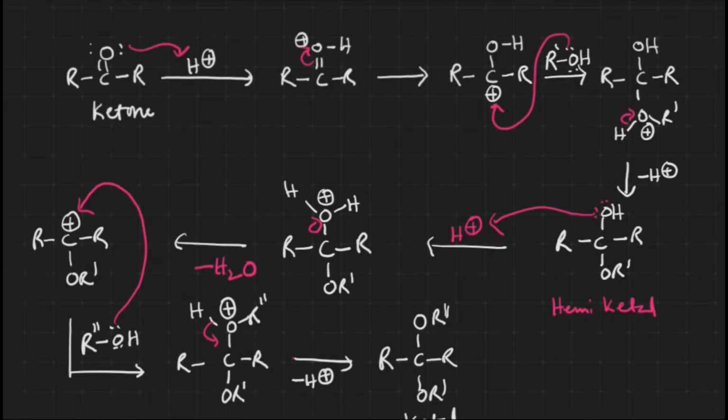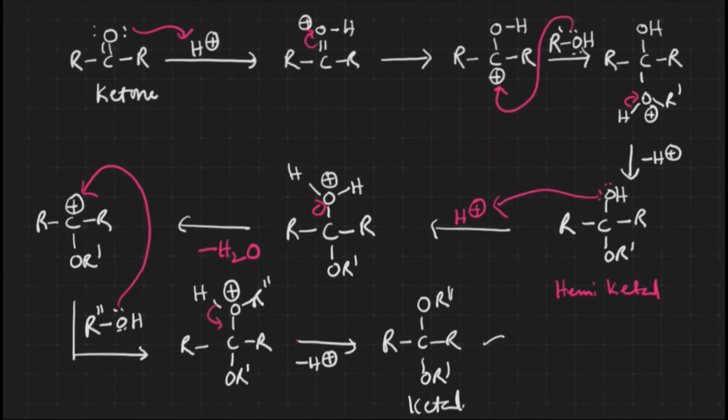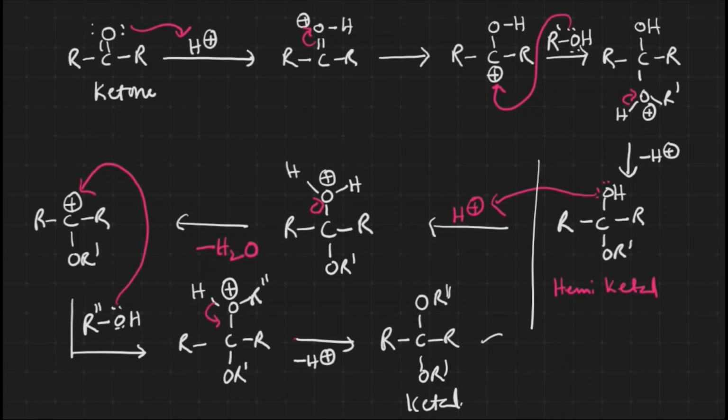In the presence of acid, we will complete the reaction. If you take the base, the reaction stops at this particular position itself. Why? In the further step, elimination of water won't take place, and there is no generation of electrophile out there. That's why this reaction won't proceed in the presence of base, and it will be carried out in the presence of acid. Okay, this is the addition of alcohol to the carbonyl compound.